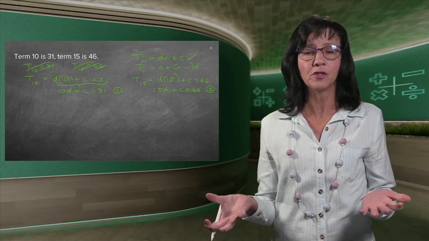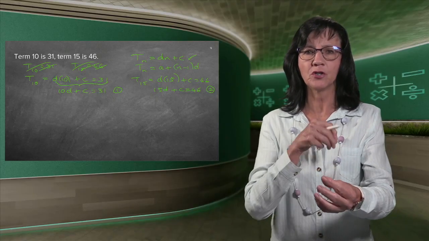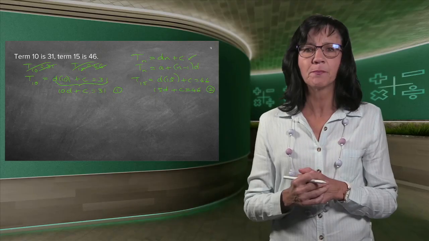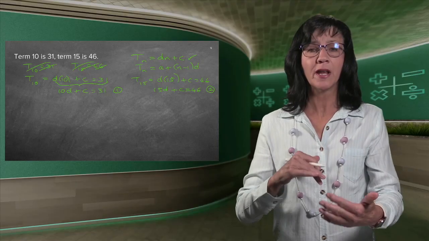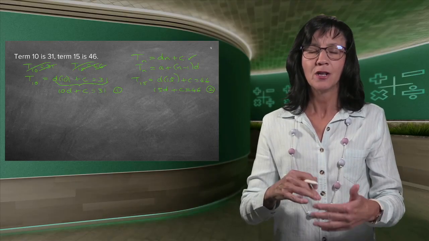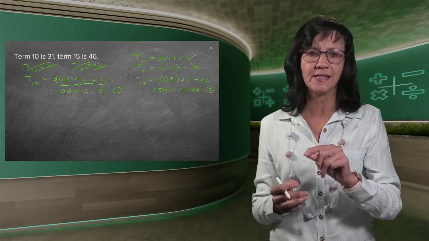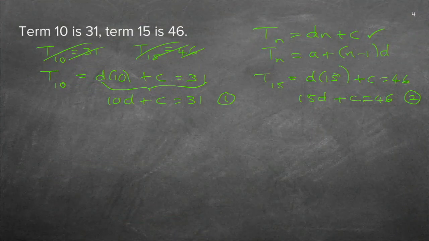Now, there's lots of ways to do simultaneous equations. You can either substitute the one equation into the other one. But if they've got a nice pattern like this one, you can just subtract the two equations from one another. Or sometimes you can add them to one another to get rid of one of the unknowns, because we cannot solve it if there's a c and a d in your equation. So if I look at this c and that c, I can see they're the same. 15 is bigger than 10, so I'm going to say let's take equation 2 and let's minus equation 1 from it.